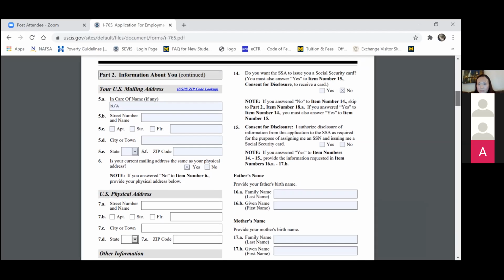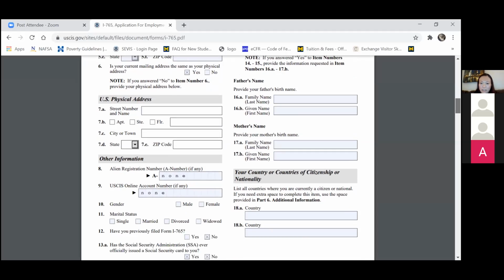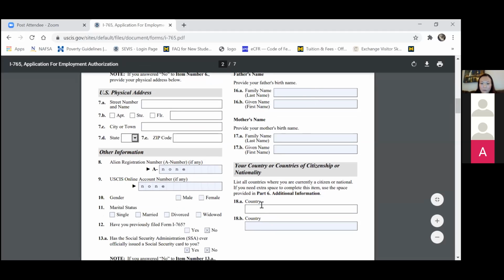Okay. So if you're applying for a Social Security number with the OPT application, it's important that you hit yes to item 15, authorizing the Social Security Administration to issue an SSN. If you don't need a Social Security number, then you're leaving 15 blank and skipping down to item 18A. And this is if you already have a Social Security number. You could also put NA here, since these items don't apply to you if you already have an SSN